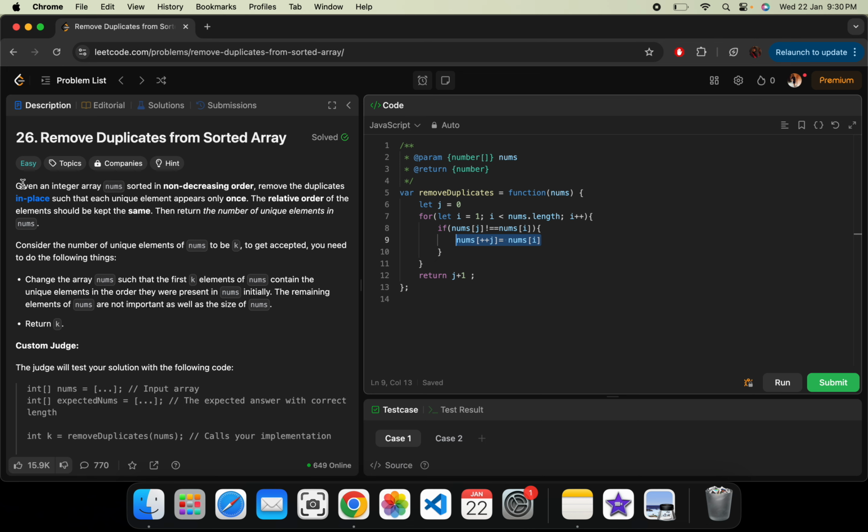So the first part of the question says that we would be given an array of numbers and they would be in non-decreasing order. And we have to remove the duplicates from this array, and we have to do it in such a way that these unique numbers are changed in place. We don't have to create a new array. We have to make changes in the given array itself, and we need to make sure that these numbers are